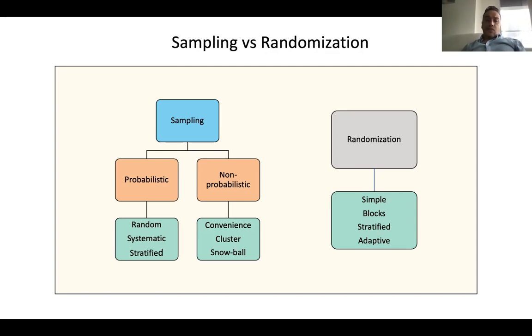And snowball is another non-probabilistic sampling, in which case you just ask the patients to bring more patients to the study. But not everyone has the same probability of being included in the study. So I just wanted to make it clear before moving to the randomization,